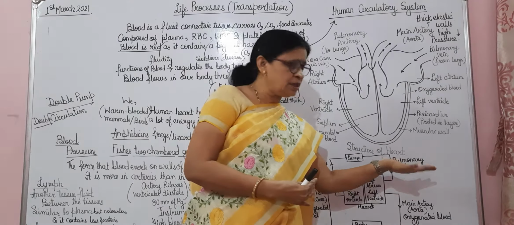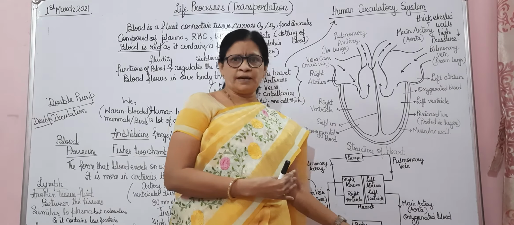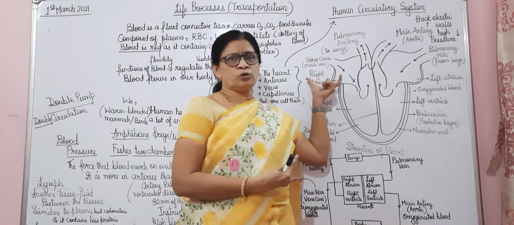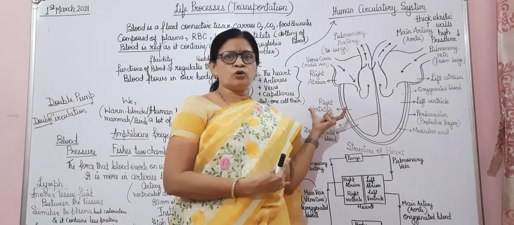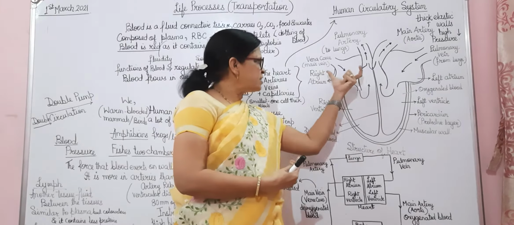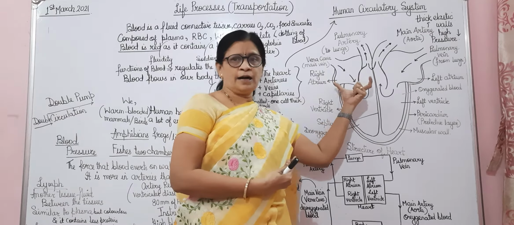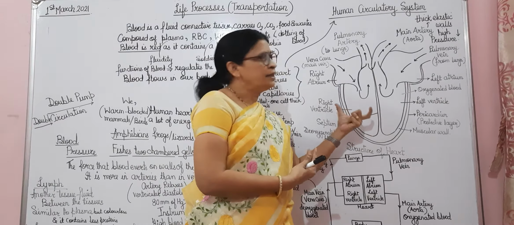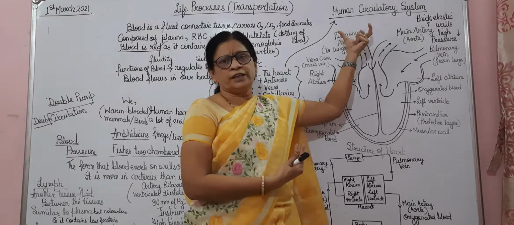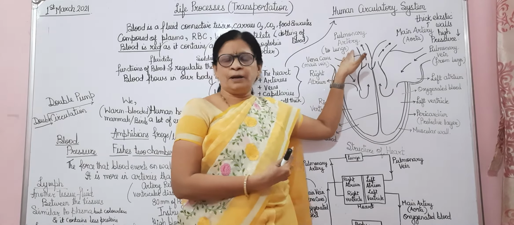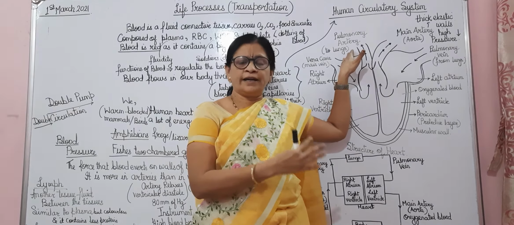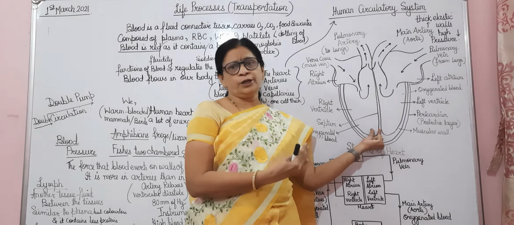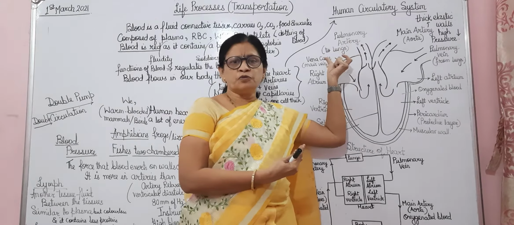Means the carbon dioxide from all the body parts comes into the blood. And now this deoxygenated blood from all the body parts moves again into the heart through the vena cava. This is the main vein through which the deoxygenated blood flows into the right atrium. When this right atrium contracts, the deoxygenated blood comes into the right ventricle, and from the right ventricle the blood flows out into the pulmonary artery. This is deoxygenated blood, means it needs oxygenation or purification. Therefore, from the right ventricle the blood flows into the pulmonary artery, which moves into the lungs.